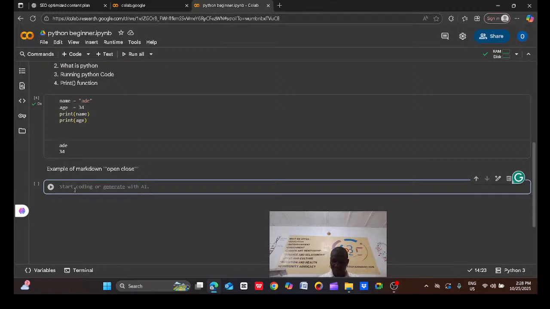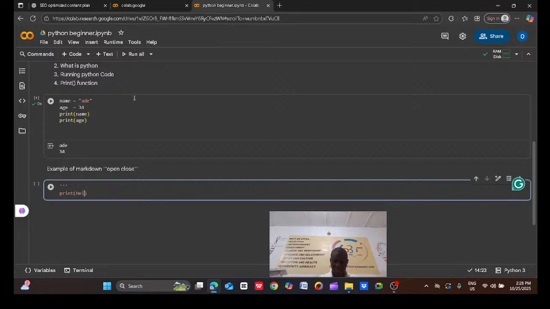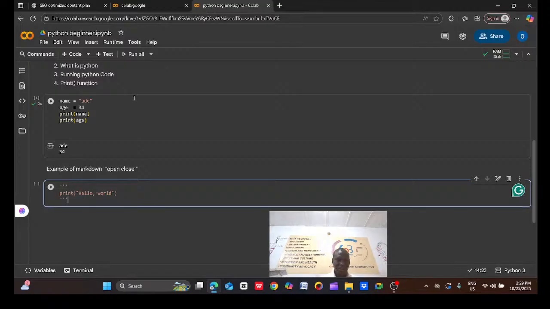Once you use this, at the end of the text you now say print hello world, print hello world. Then you end it with another triple.